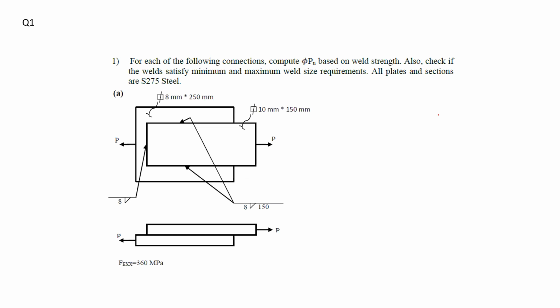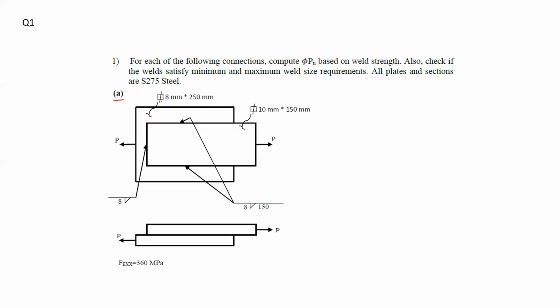In problem number 1, it says for each of the following connections compute the factored load based on weld strength. Also check if the weld satisfy minimum and maximum weld size requirements. All plates and sections are S275 steel. Now here, as we can see, we are given in part A, the connection